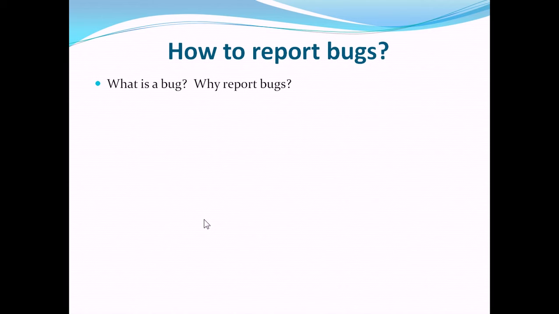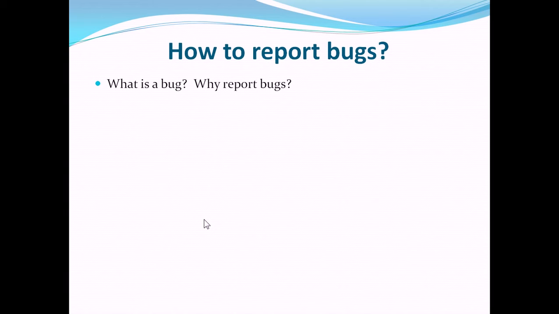First of all, we have to understand what is a bug. Well, put simply, a bug is a condition where the system does not satisfy a particular requirement. So let us say that the system was supposed to show the user details when the user is logged in, but it is not showing the user details. Instead, it just shows a blank page with the user name. So that is an example of a bug in the system.